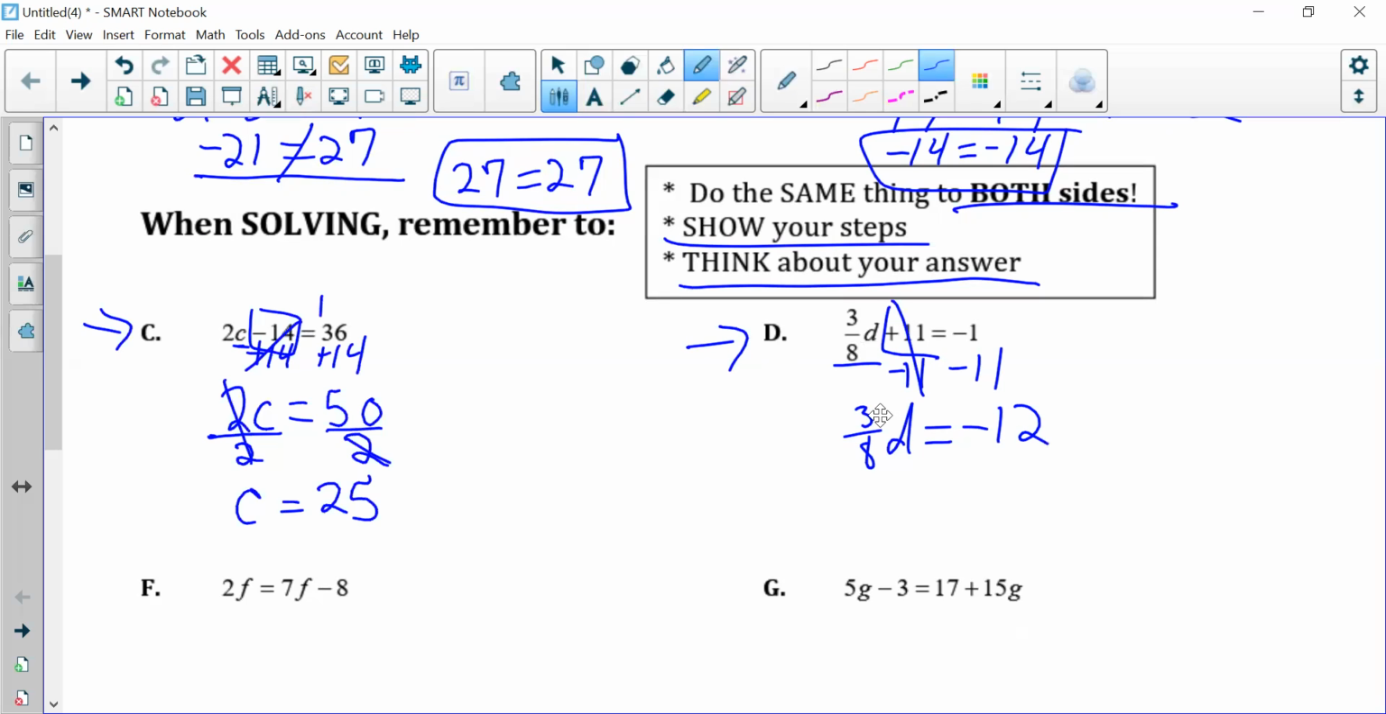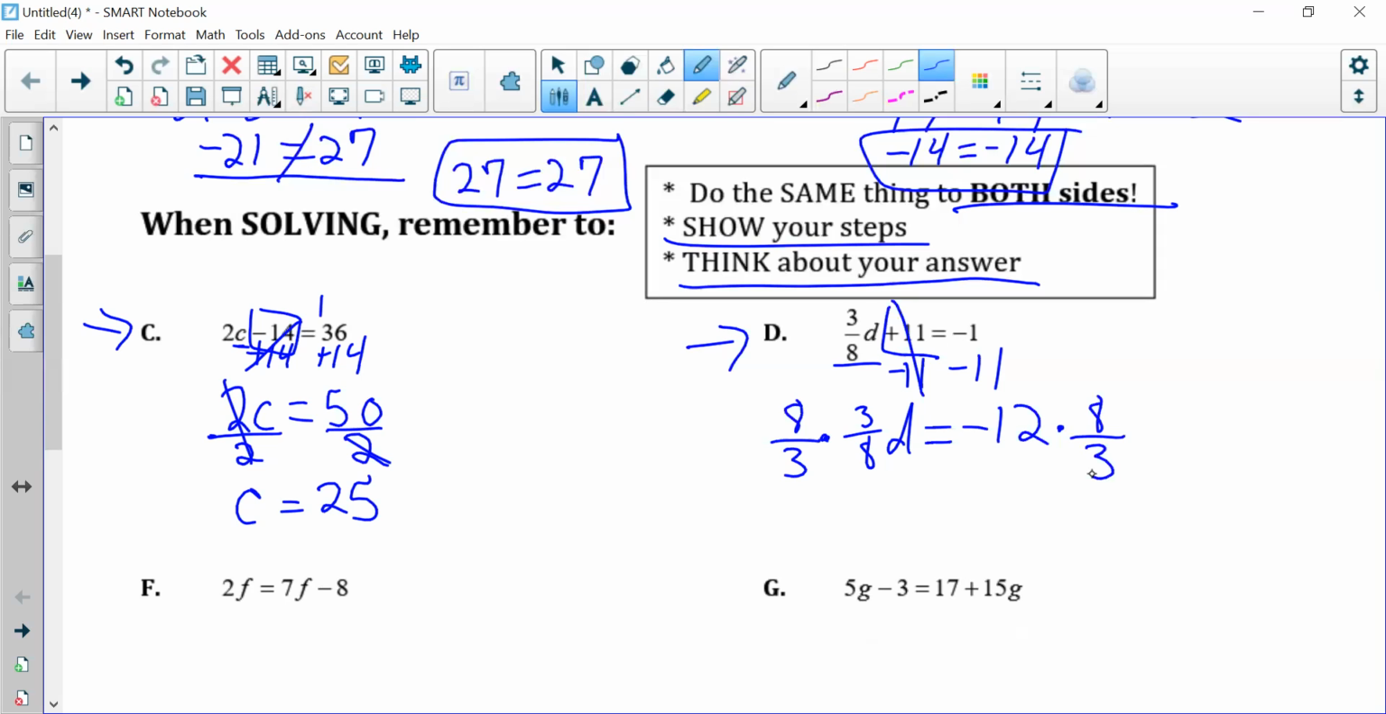So really what this is saying is 3 times D divided by 8. So we could multiply everything by 8 and then divide it by 3. Or we can do them both at the same time. So to get rid of a fraction, you multiply by the reciprocal, which means you flip it over. So we're going to multiply both sides by 8/3. So times